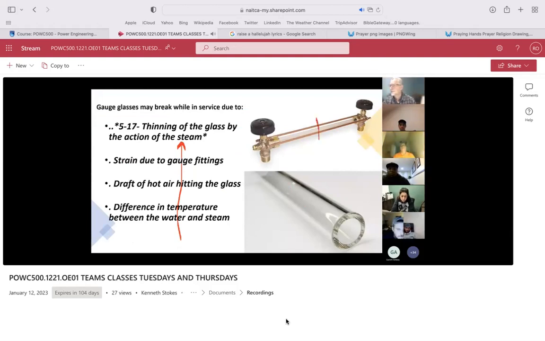Okay, we've got a thin tube of glass, partly filled with water. Level is moving up and down, so there's some steam huffing and puffing in the top section here. Occasionally, we're going to blow steam down through that gauge glass to ensure the piping is clean and the gauge is clean and everything's operating. Eventually, we're going to thin the glass. These can be pretty flimsy